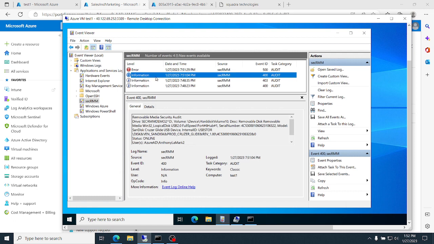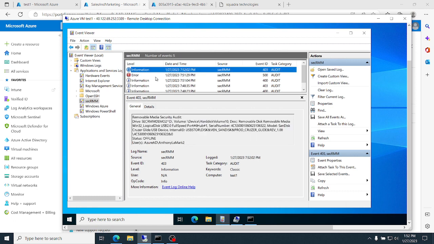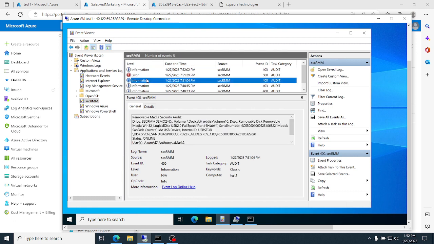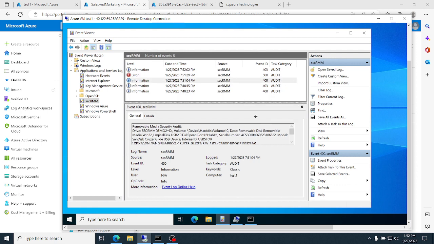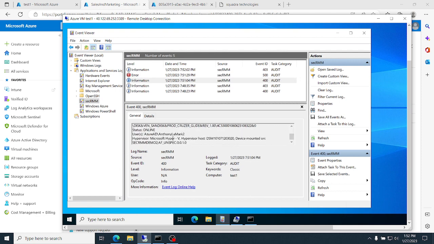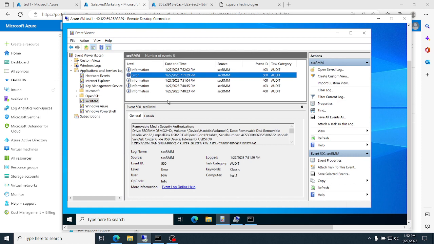So here you can see that we plugged in the drive, and this information is telling you what users were logged on, and this happens to be running under a hypervisor. But when I actually went to do the copy of the file,